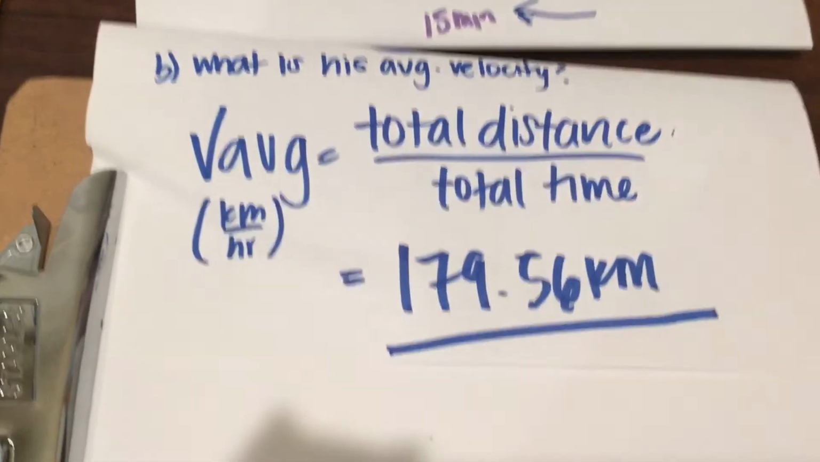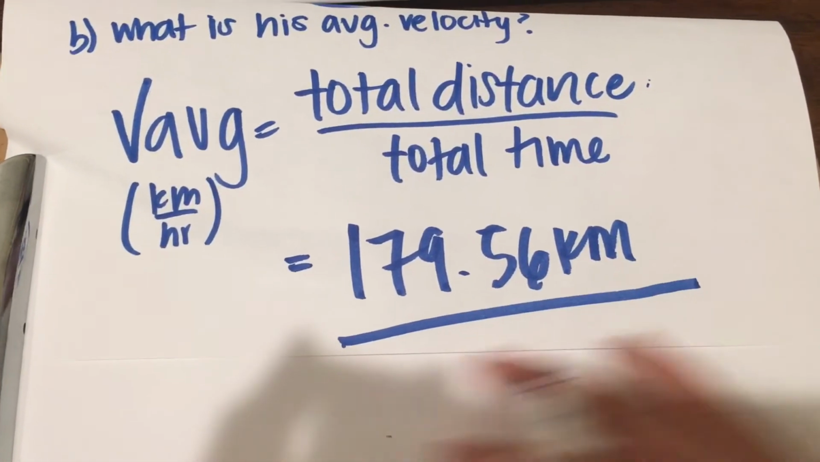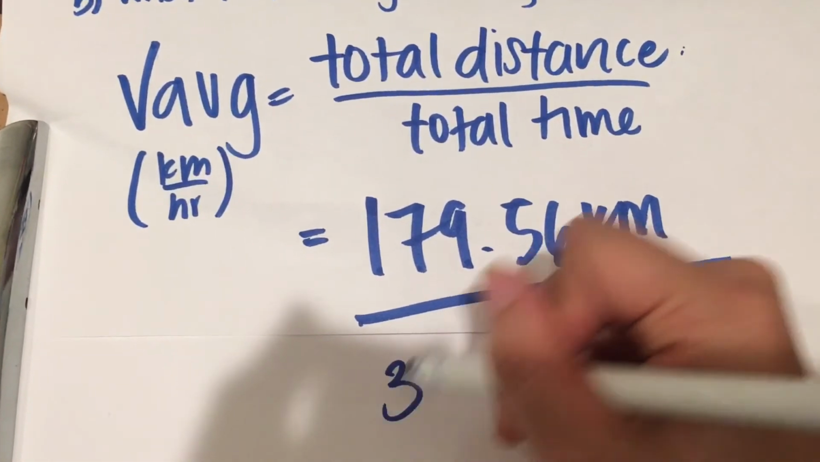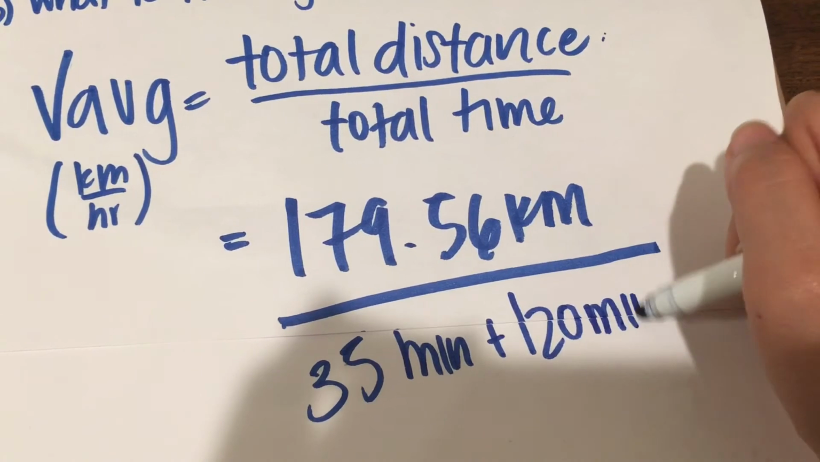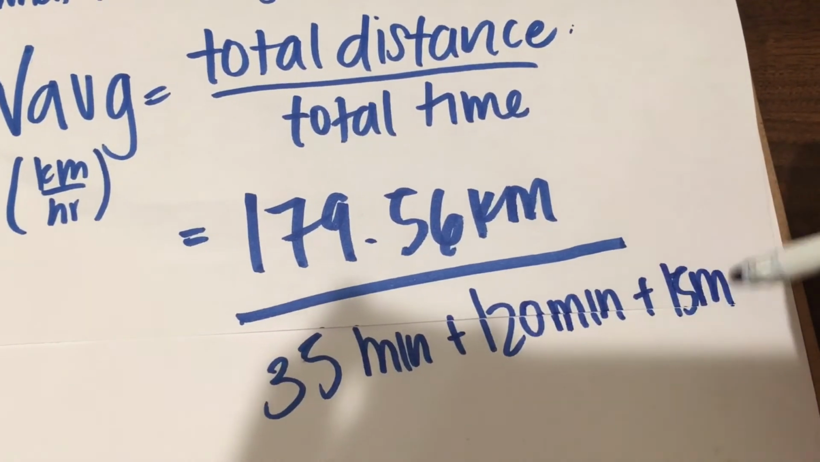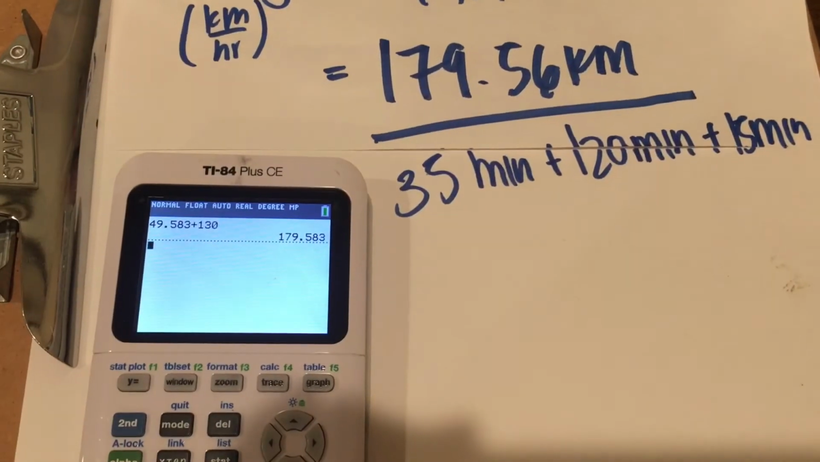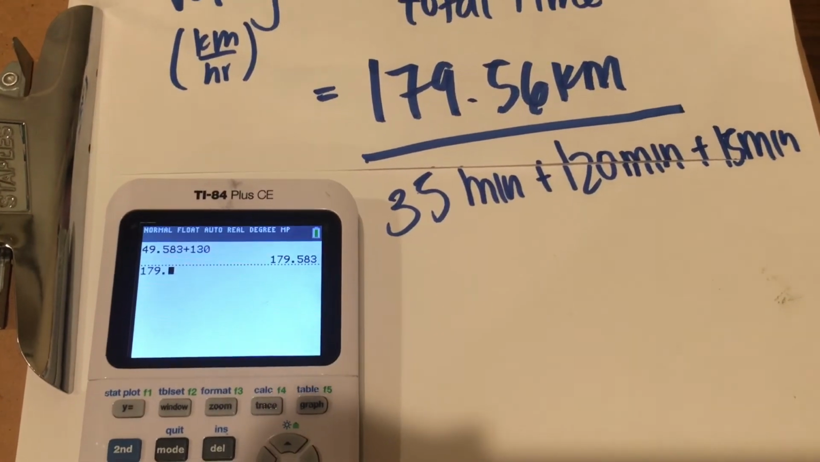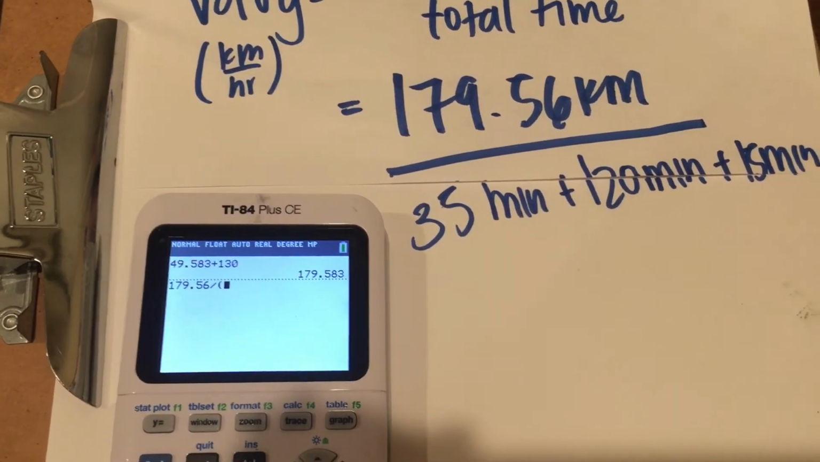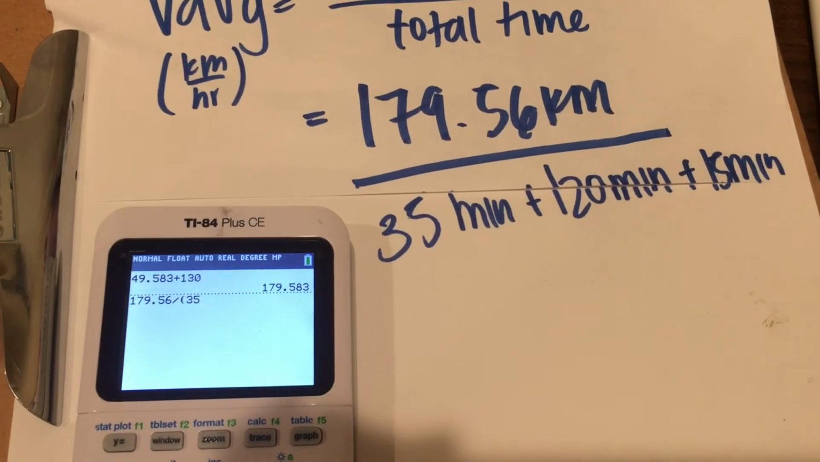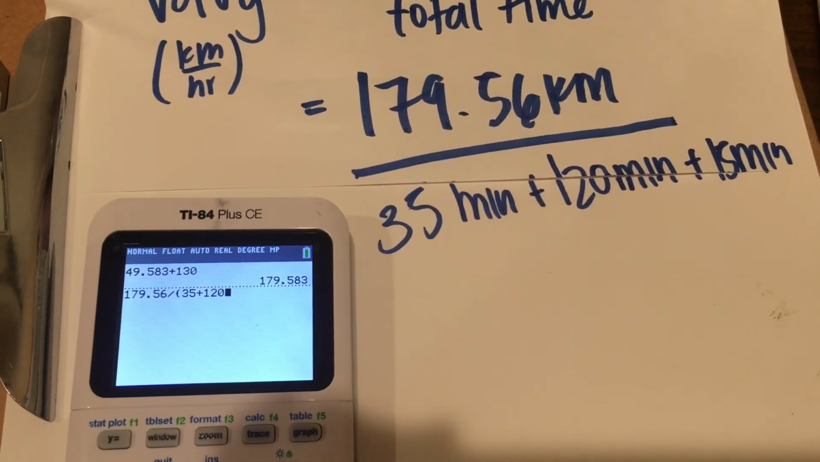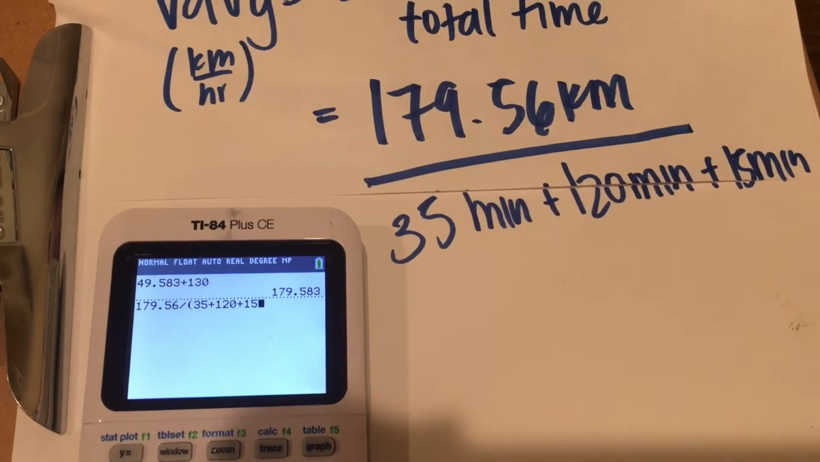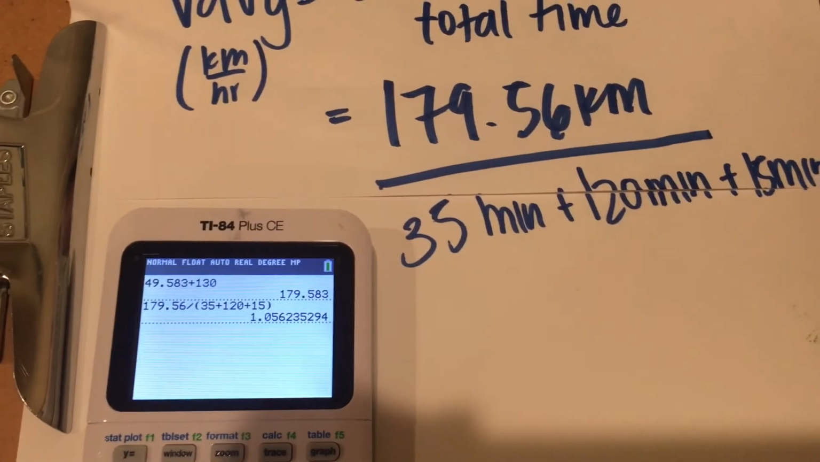Now that we have everything in minutes, we can just write it under this area. So 35 minutes plus 120 minutes plus 15 minutes. We're now going to punch that into our calculator to find the answer. Make sure to put parentheses around the 35 and the 120 and the 15. We then get